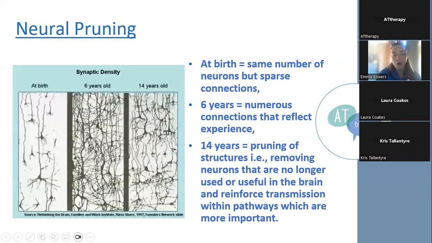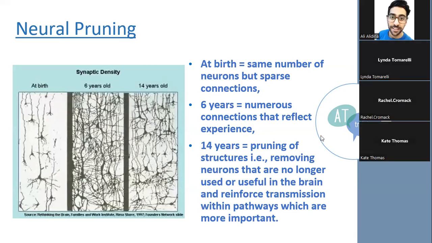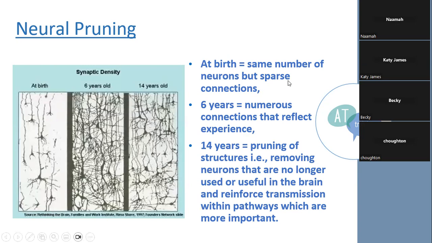So, really, what I was saying then, we can see the synaptic density of neurons in this image here. So, at birth, we have the same amount of neurons, but they're very sparse in terms of the connections. If we look again at the later stage of 6 years, there's lots and lots of connections which reflect experience. So that's how we learn when we're younger. We experience, we sensation seek, and go to school, all of that. Lots and lots of connections are forming. Now, when we get a bit older, at age 14,